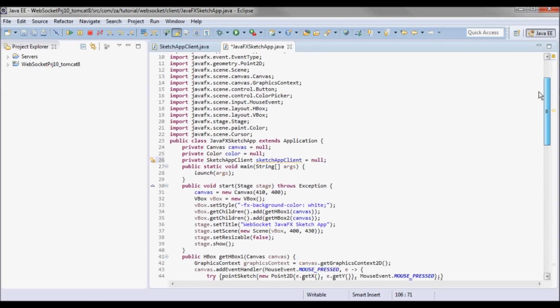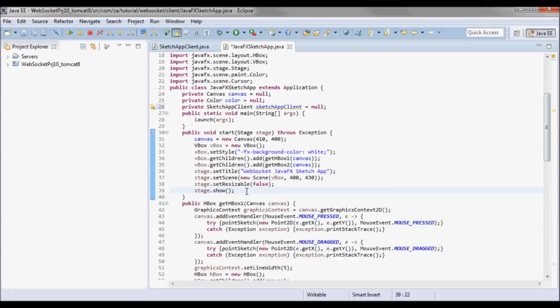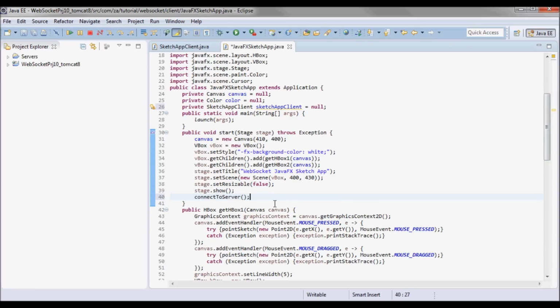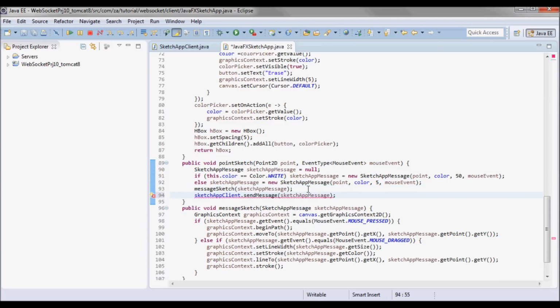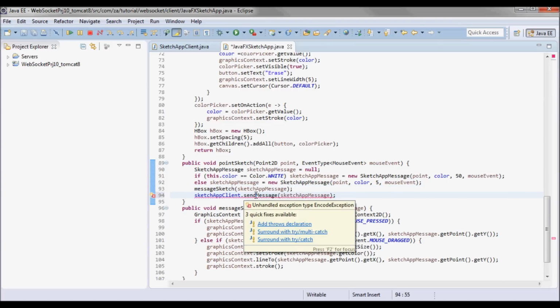And from the start method I can call this connect to server method. So after showing the window, I'll do the connect to server, and in the point sketch method, after doing message sketch, so after sketching on the client, I'll send a message to the server so that it's sketched on the other clients that are connected.